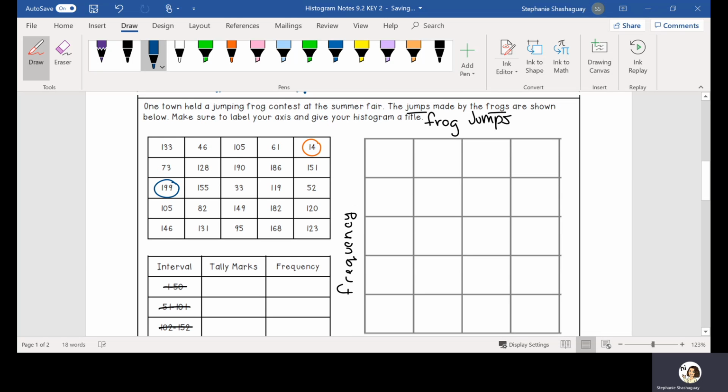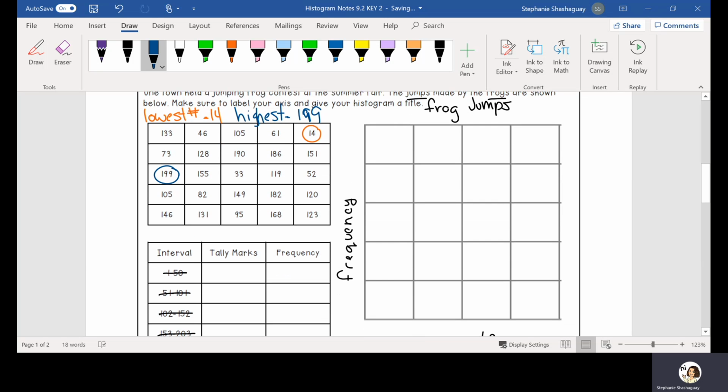So what I did is I identified my lowest number is equal to 14, and my highest number is equal to 199. So that means I need my intervals to fall between 10 and 200 roughly, and I need to use the number of bars that they provided to me, which was 4. So I can take 200 and divide by 4,